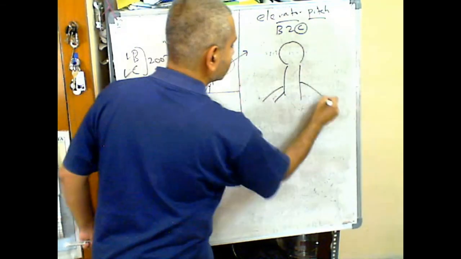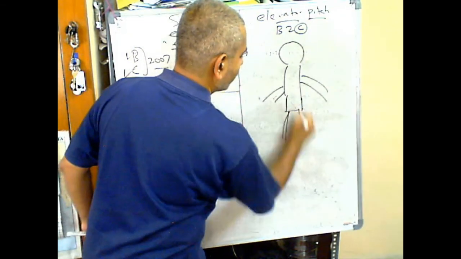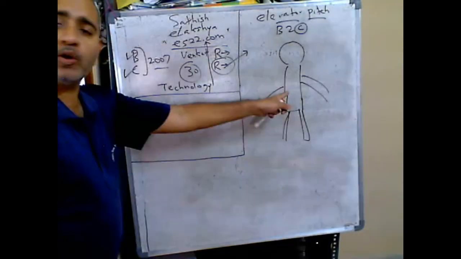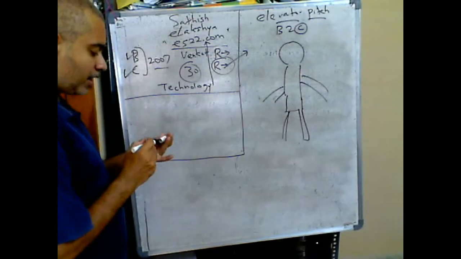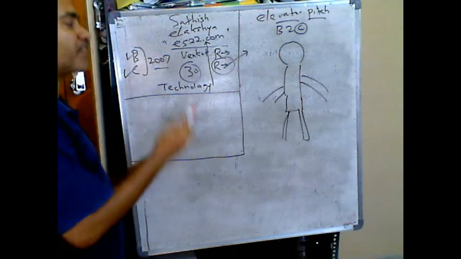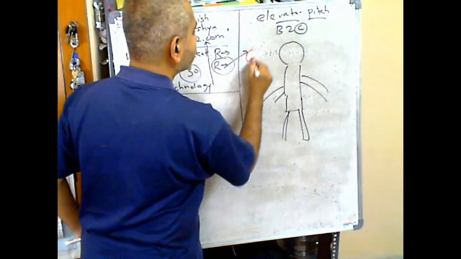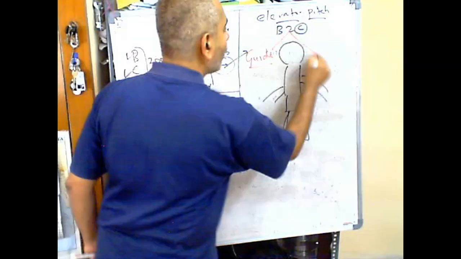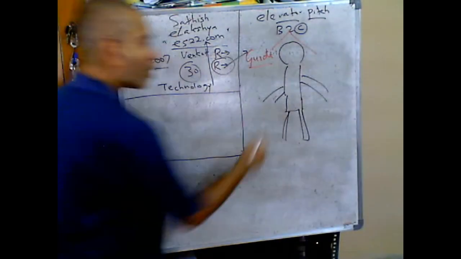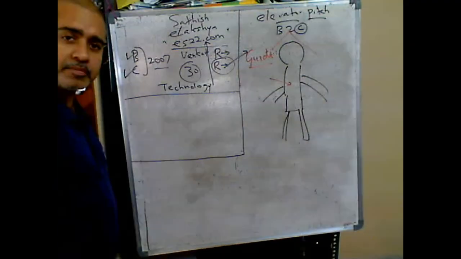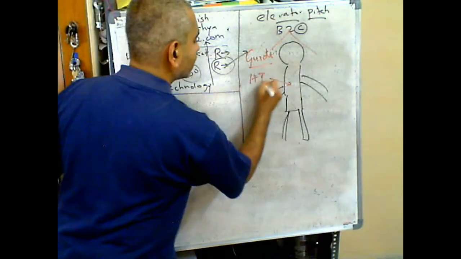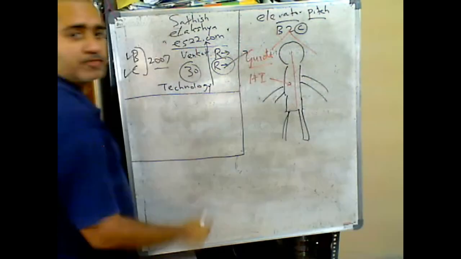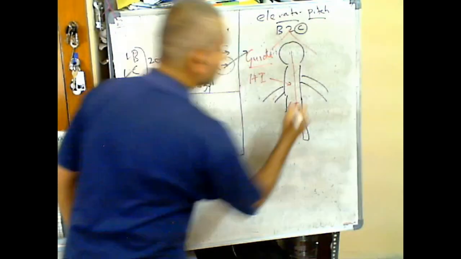I'm just drawing a person. Sorry for the quick diagram. What do we do for this gentleman? We provide him all kinds of financial services and financial planning. We are his personal financial services guide. We provide him with home insurance for his home. We provide him health insurance for himself. We provide him life insurance for him and his family, LI.